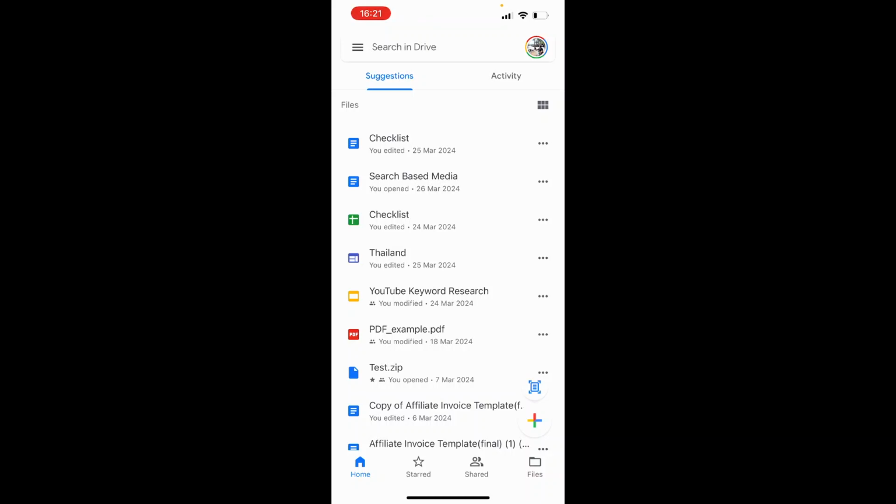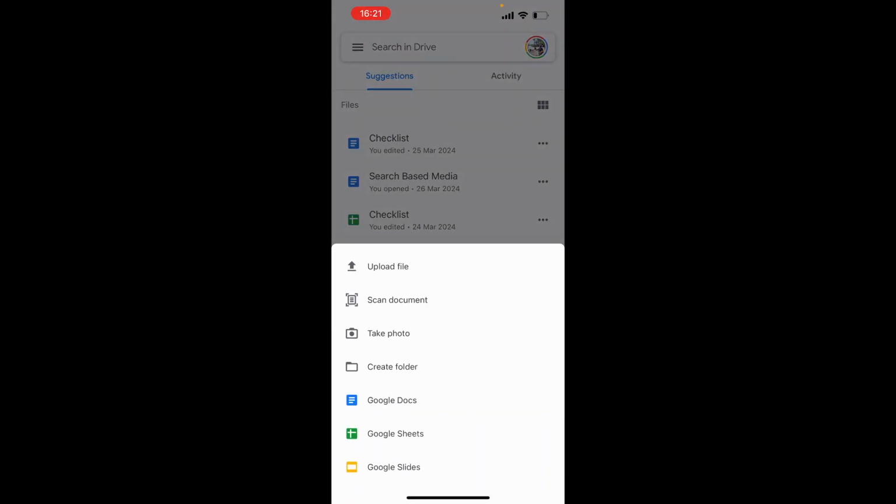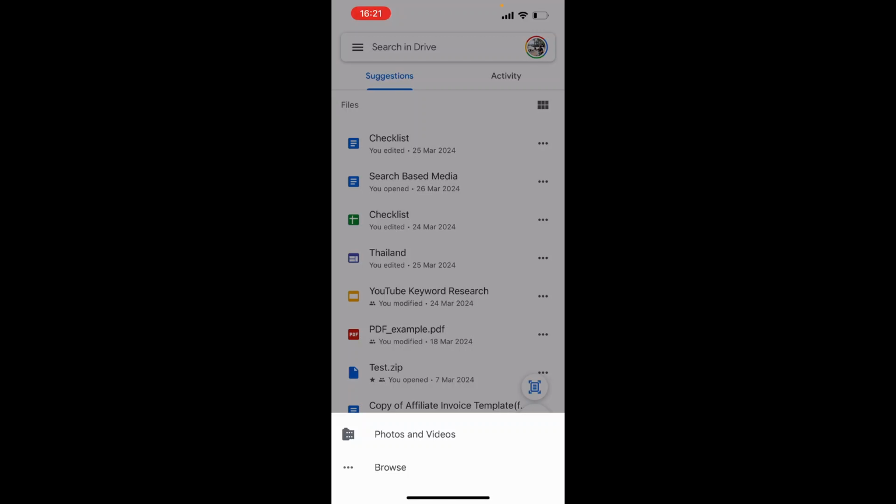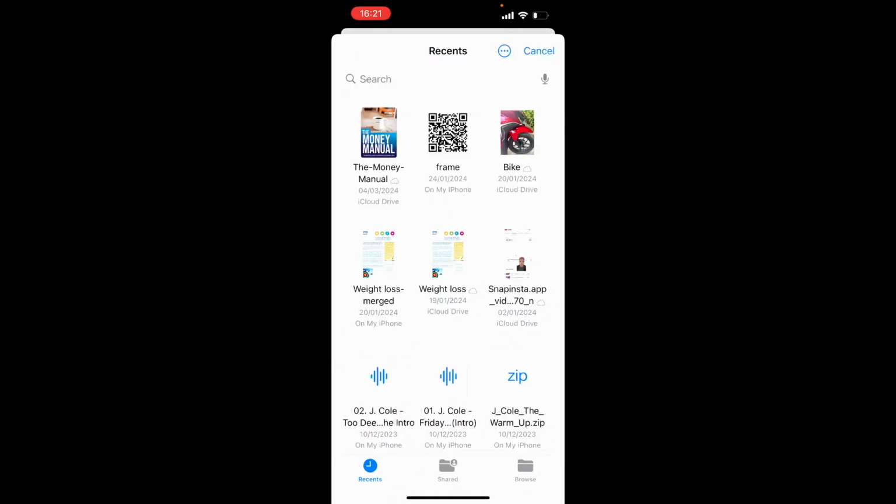Now once you've done that and you're inside of Google Drive, you can go ahead and click on the plus icon in the bottom right hand corner, and then you can click upload file, and that's going to ask us, do we want to upload photos and videos, or do we want to browse and upload files? If you need to upload a file, click browse, and it will then open up all of your recent files on your iPhone. You can then click on the browse folder in the bottom right hand corner and browse for